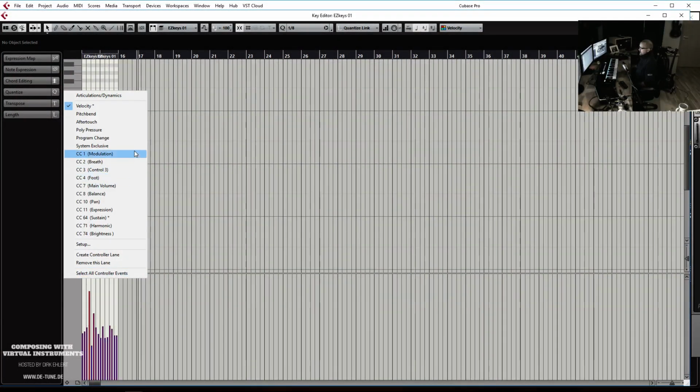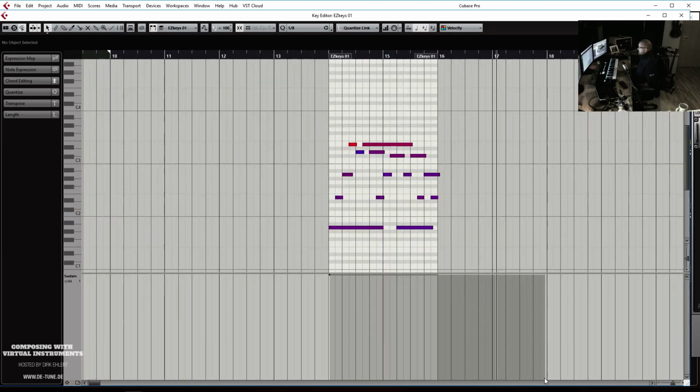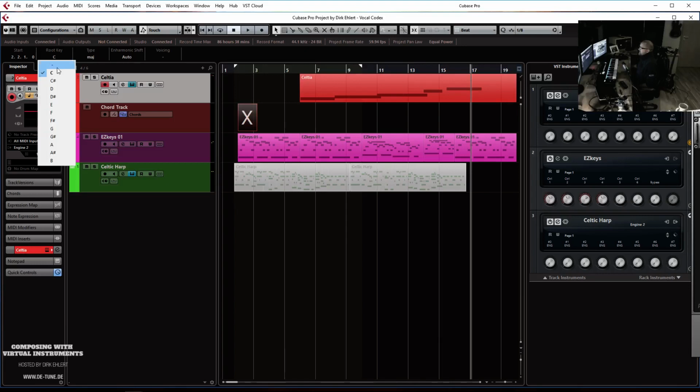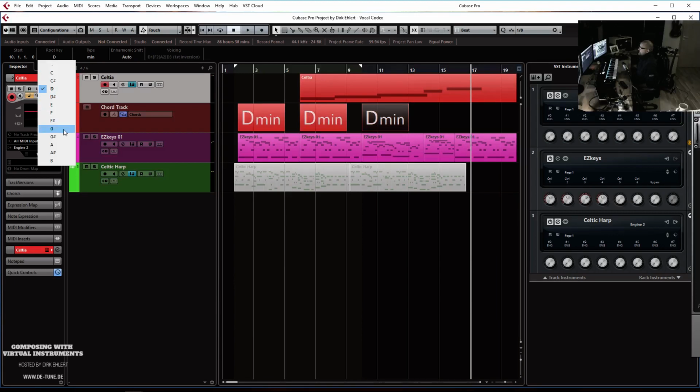Okay, so we're getting there. I need to fix something in the F major chord. So what chords did I do here? This is D minor, and then we're switching to all D minor there. I'll copy that over. So now we're going to G minor,